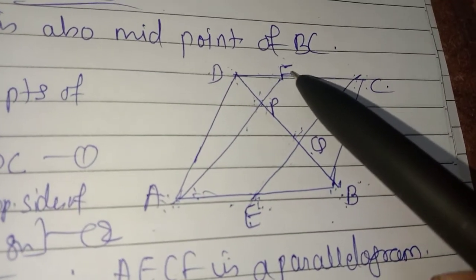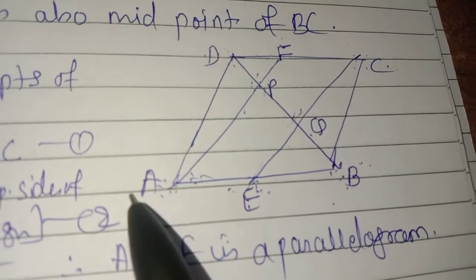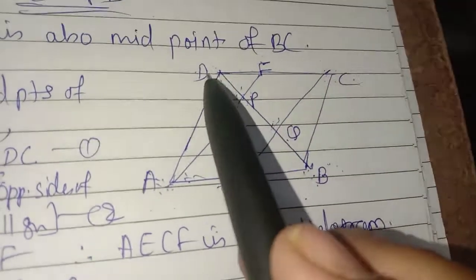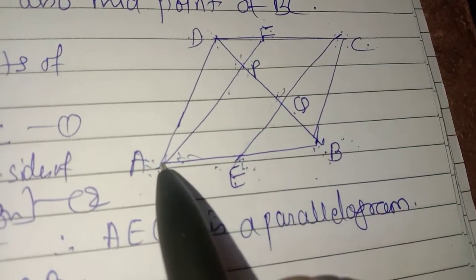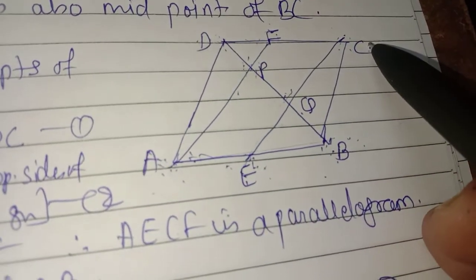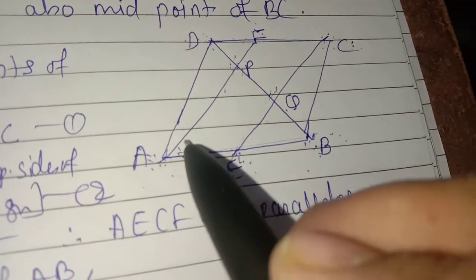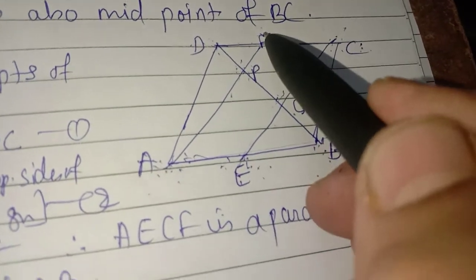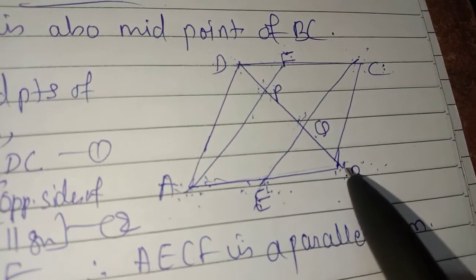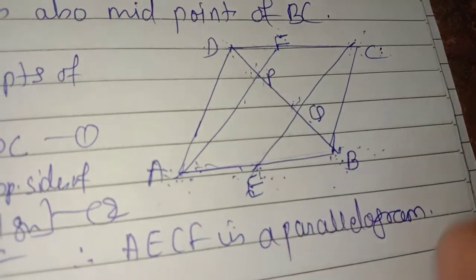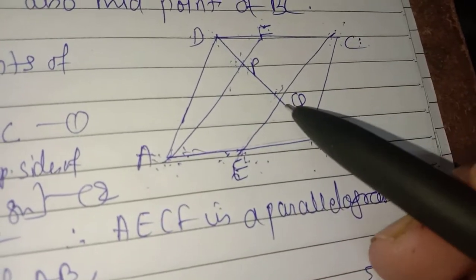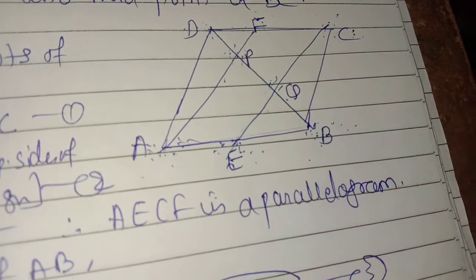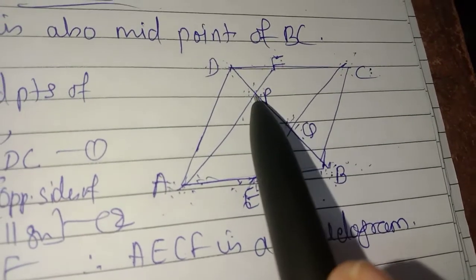Once again I'll explain here. First of all we have to take F as the midpoint of DC and E as the midpoint of AB. It is given here. So we'll prove it a parallelogram, and then we'll prove that AECF is also a parallelogram. Why? Because all the points lying on AB and CD will remain parallel. Okay, property of parallelogram. So AECF will become a parallelogram, then E is the midpoint of AB. So I will select triangle BAP. It's a very simple one. Just we have to follow the midpoint theorem. So BE is equal to AE. So the points lying on EQ will remain parallel to AP, and we can say that BQ is also equal to PQ, our first condition.